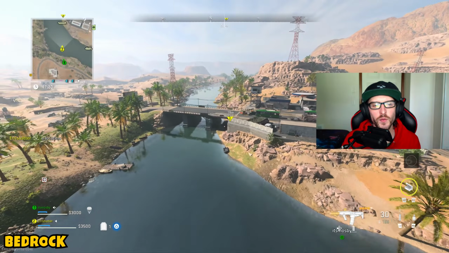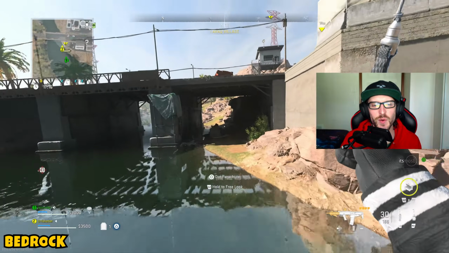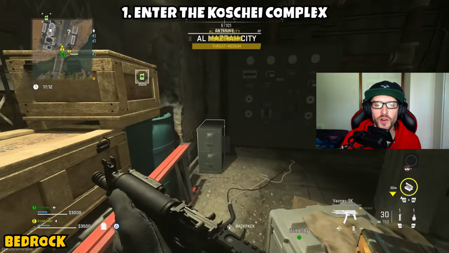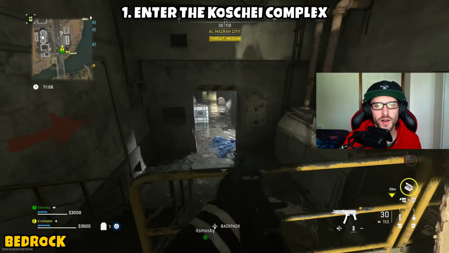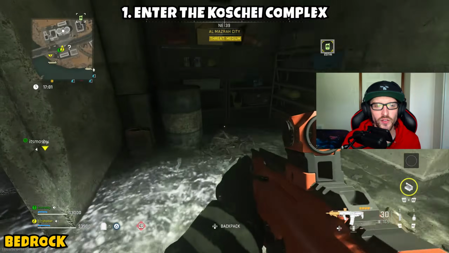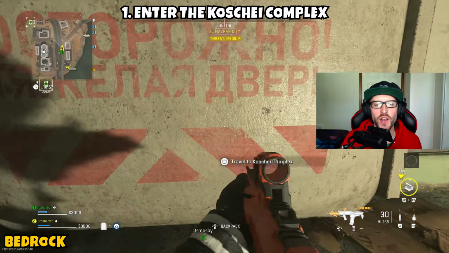Next up, we have Bedrock. This one is going to be a 3-parter, and it is going to be sending us over to Koshai Complex. Part 1 is asking us to enter the Koshai Complex. So once you guys go into Al Mazrah, you're going to be looking for one of the bunker entrances. There are 4 of them, and if you guys need help finding these locations, I do have a video over on the channel letting you know where all these bunker entrances are, and I definitely recommend going and checking that out. If you're going to make your way over to one of the entrances, doesn't matter which, you're going to go ahead and enter into the Koshai Complex,